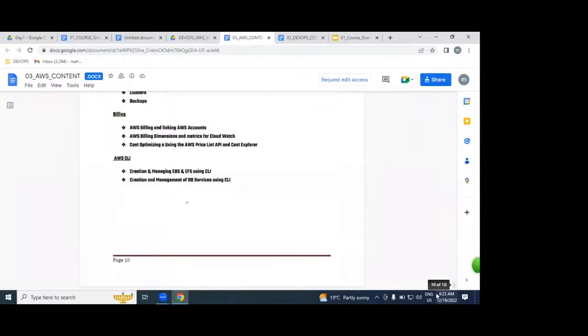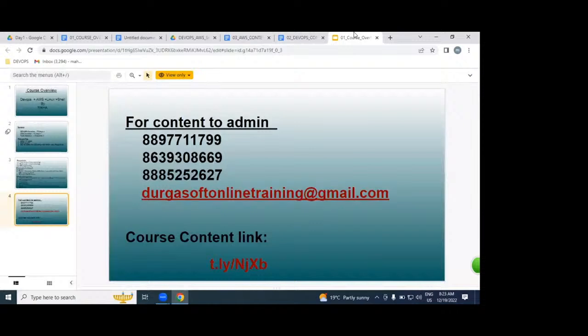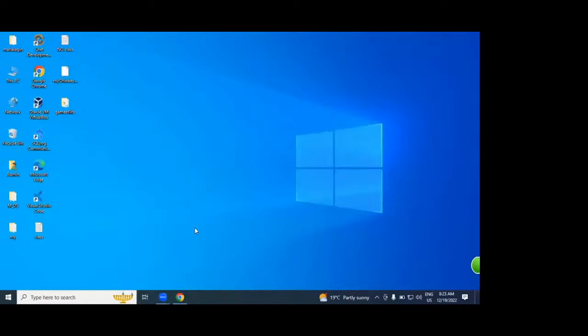Please look at it once. After the session, please revise these two documents, what we are going to be discussing in the 4.5 months. Offline students, by the end of the session you can take it, and please ask me, I will share it. Okay. So this is exactly the course overview.